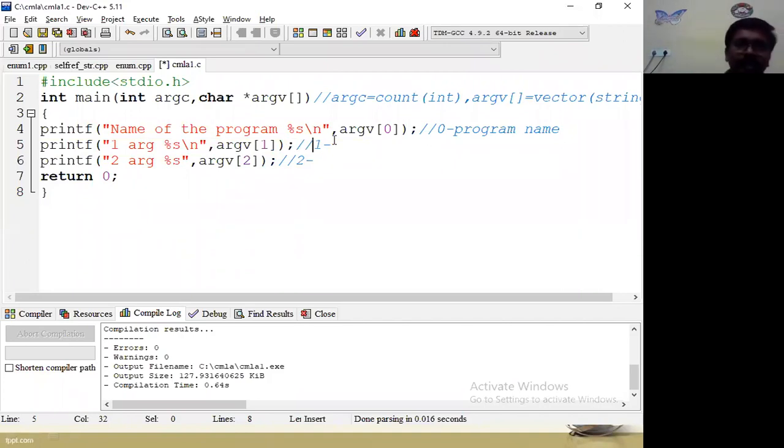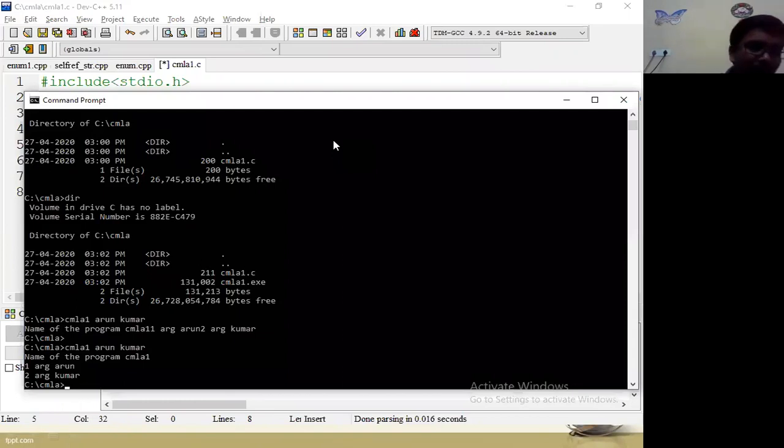In this example, they are passing the information to our program in this way. So this type of input is called a command line argument. These arguments, Arun and Kumar, two arguments are there. That information is passed to CMLA1. What is CMLA1?